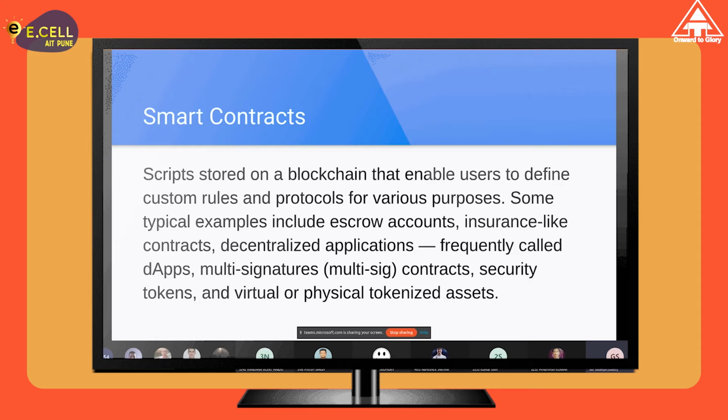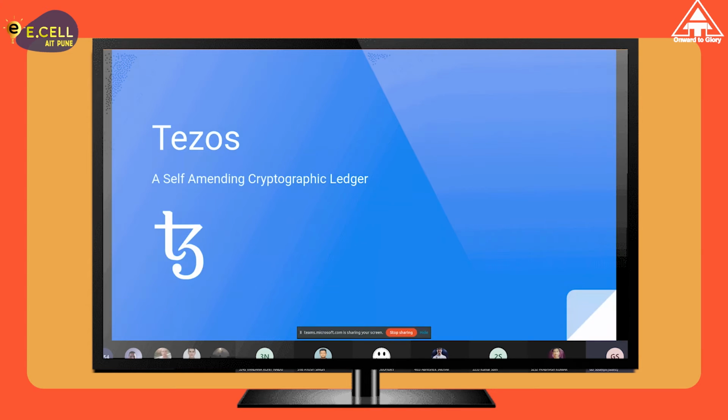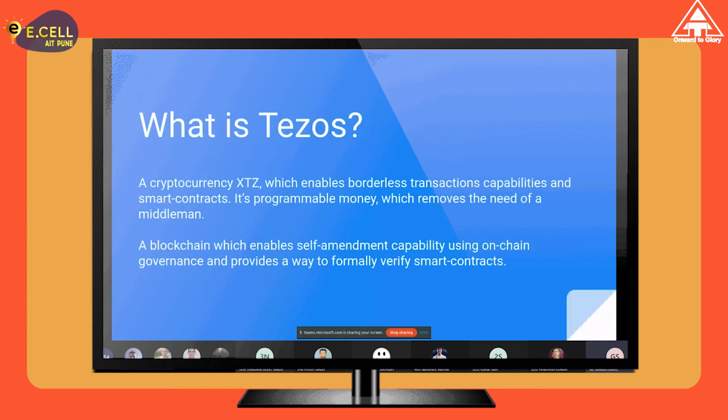Okay, now that we have some understanding of blockchains and decentralized applications in general, let's talk about Tezos now. Tezos is a blockchain again. The native currency of Tezos is Tez or XTZ. It enables borderless transaction capabilities and smart contracts.